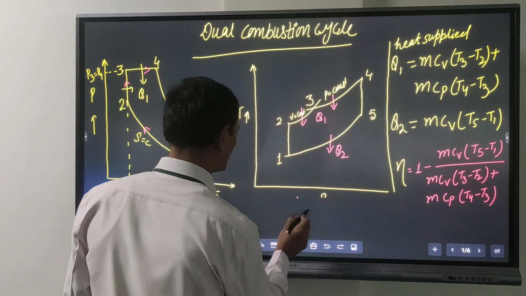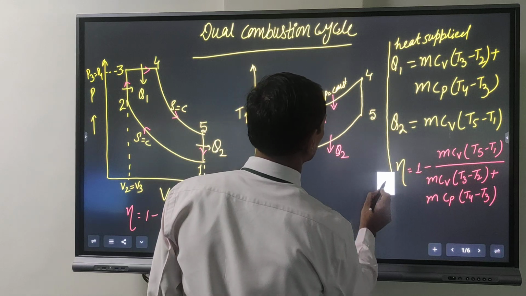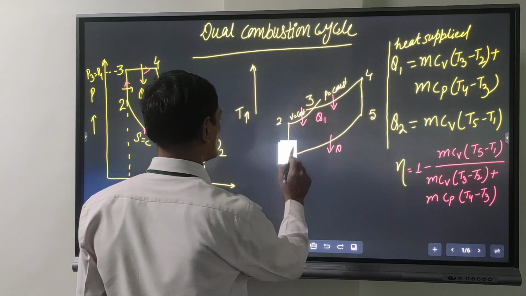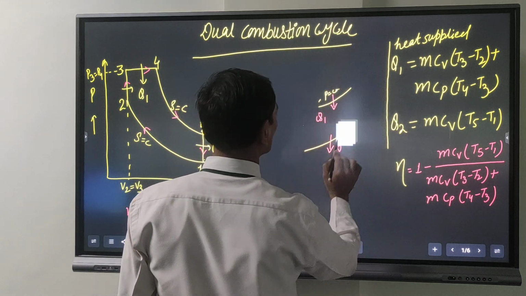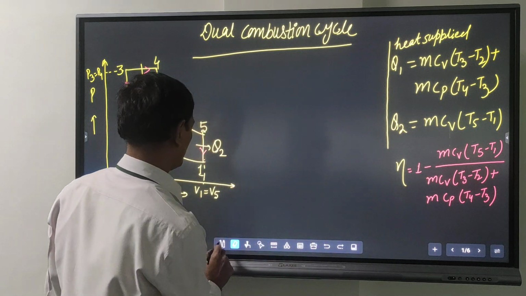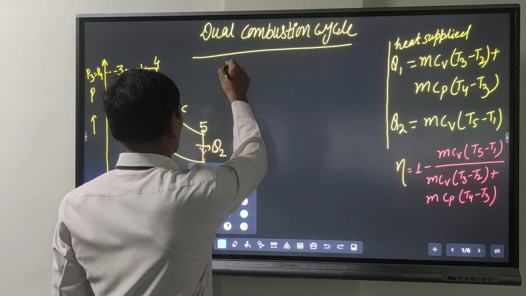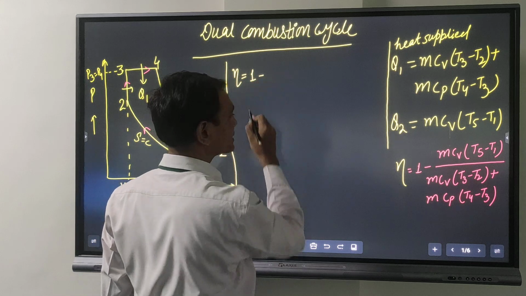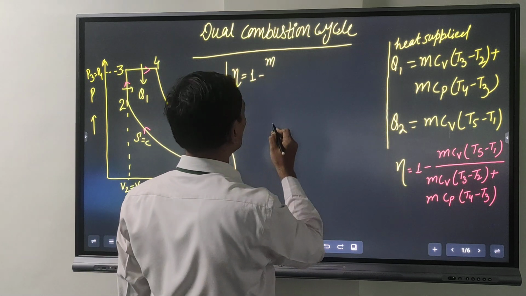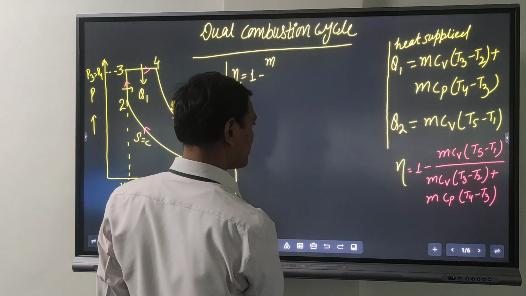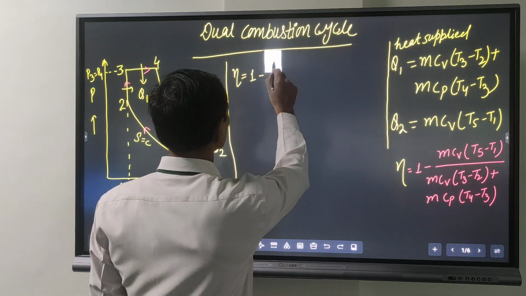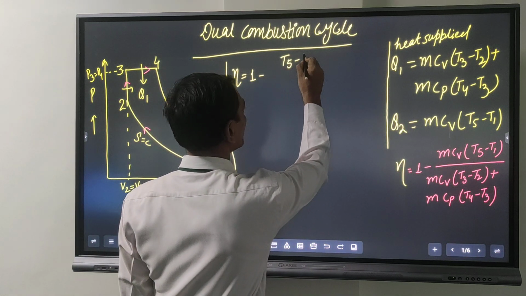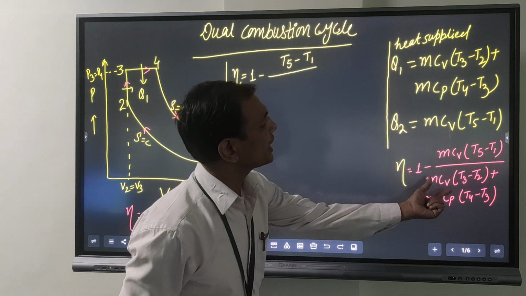Okay, now we can write efficiency is equal to 1 minus, we divide m Cv in both numerator and denominator, so this will be cancelled, and here only T5 minus T1 by m Cv cancel,